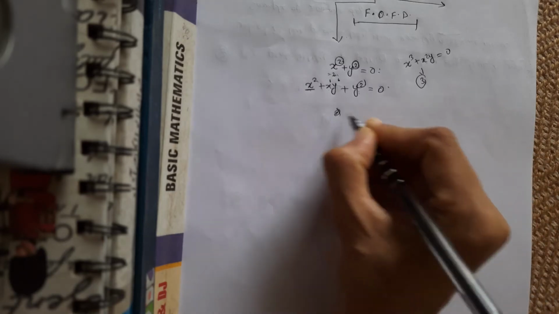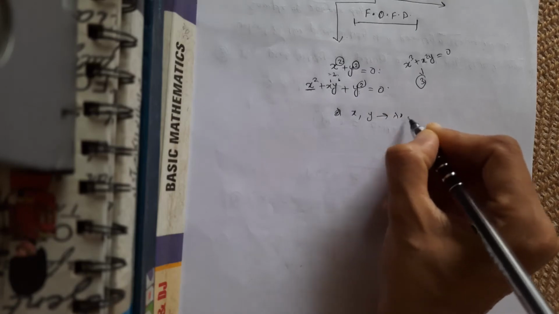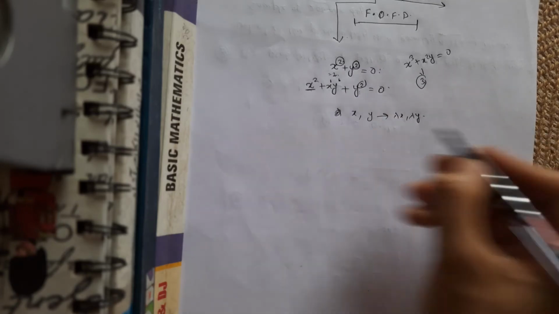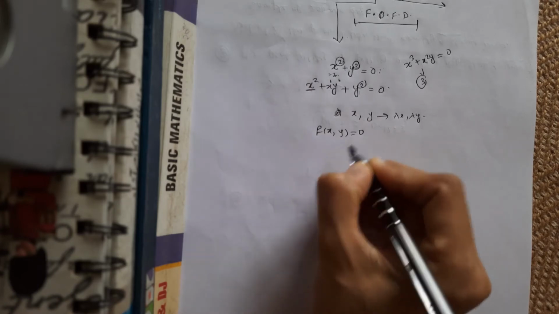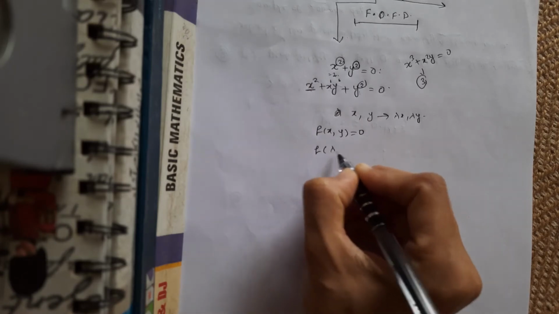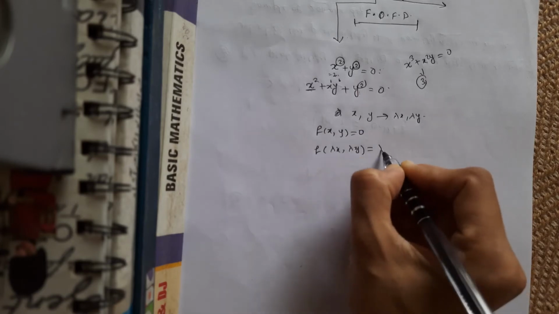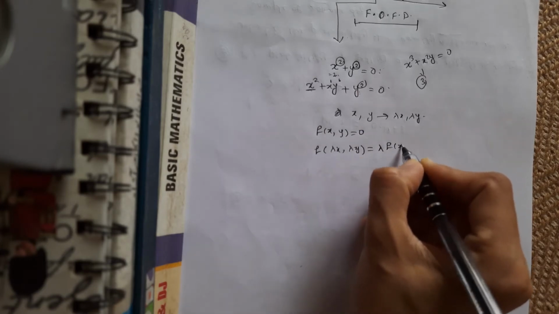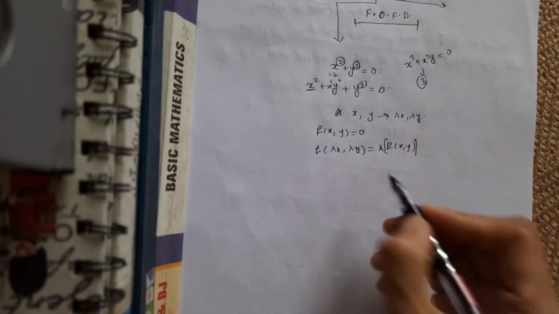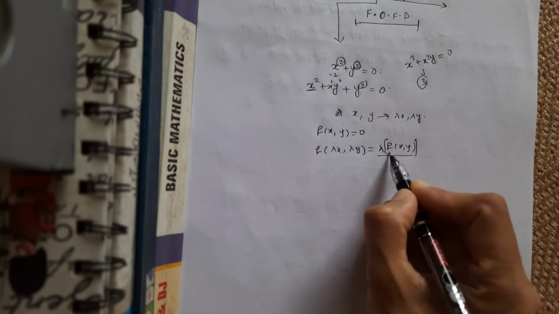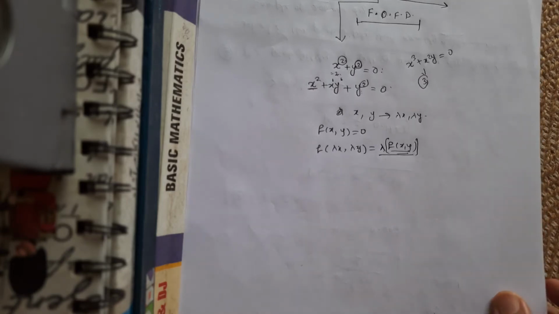Now suppose you don't know, or you are getting confused for some complicated kind of equation, then simply replace x and y with lambda x and lambda y in the function. So suppose I have a function f of x, y equals 0. I now replace lambda x, lambda y, and if I am getting lambda common and f of x, y in this form, so I can separate the lambda and get my original equation, then this is a homogeneous equation.